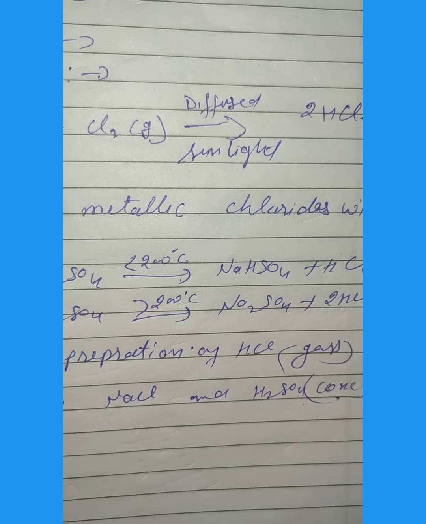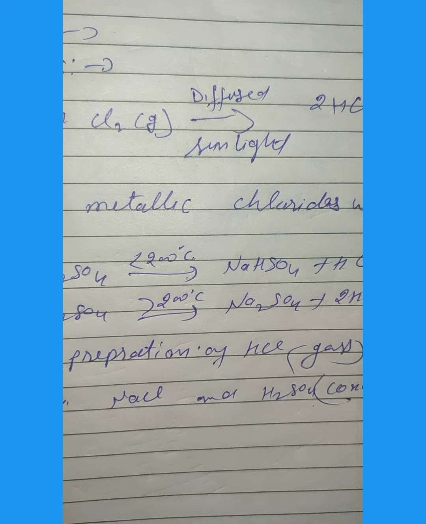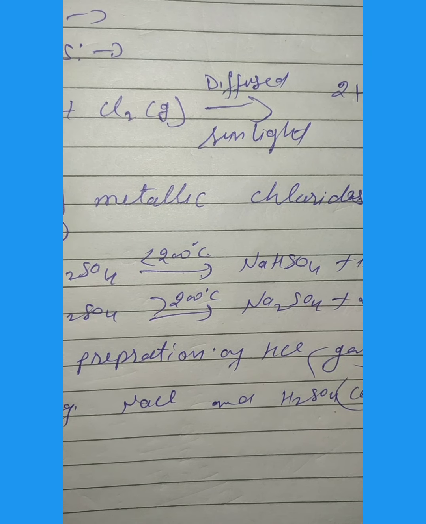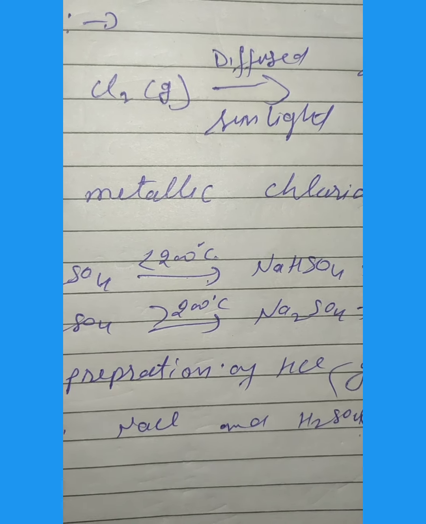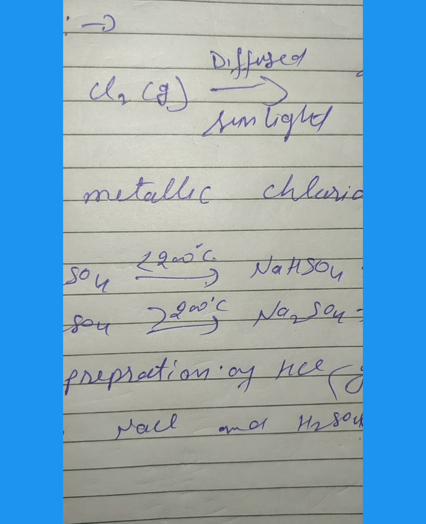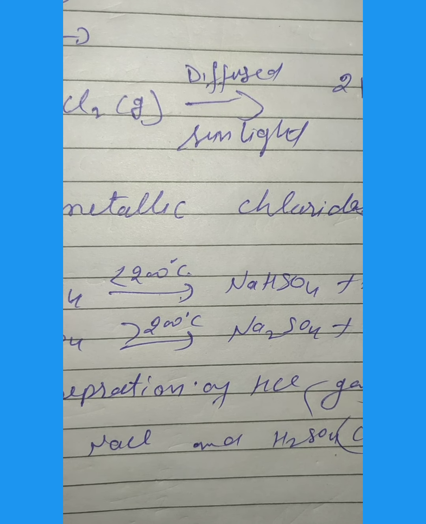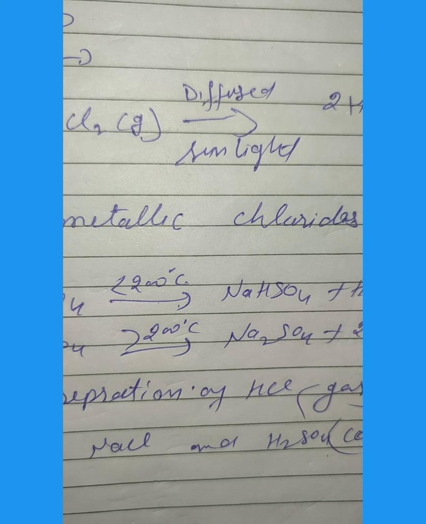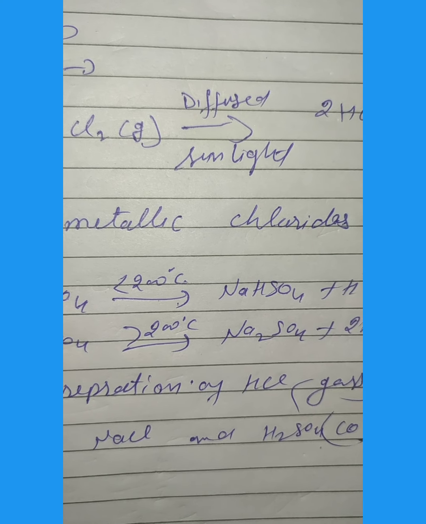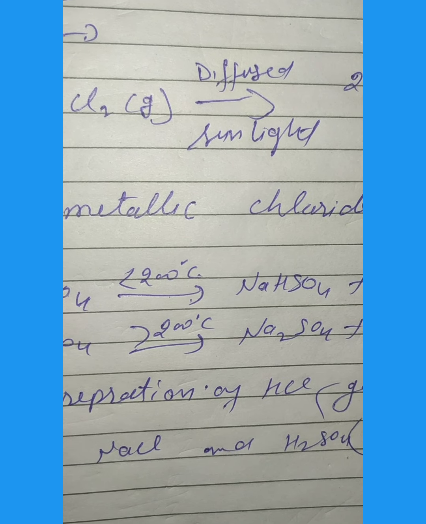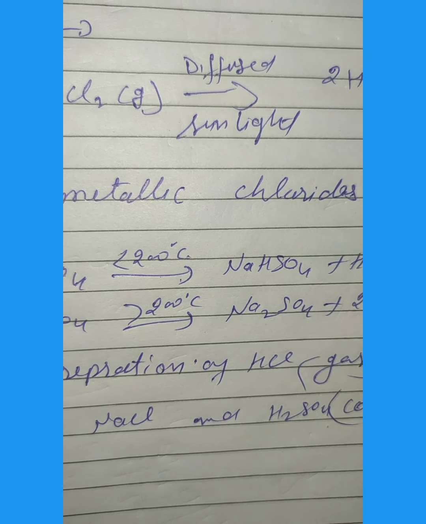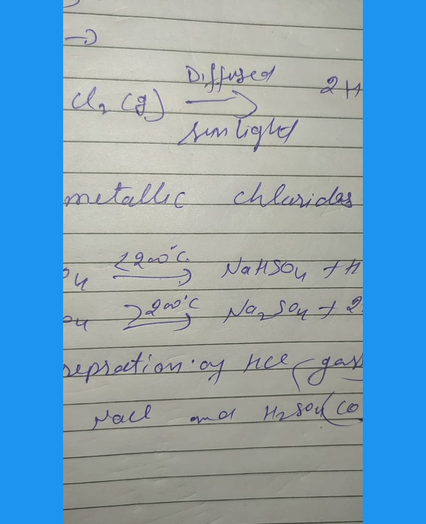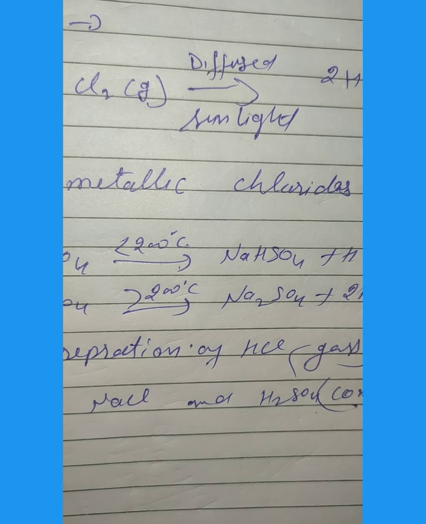The procedure is to set up the apparatus, place some common salt in the flask and pour concentrated sulfuric acid through the thistle funnel. The reaction proceeds slowly in the cold; on heating the mixture gently there is effervescence and hydrogen chloride gas is evolved in a controlled manner. The gas is dried by passing it through a wash bottle containing concentrated sulfuric acid. It is collected by upward displacement of air in a gas jar. Remember that hydrogen chloride is collected by upward displacement.